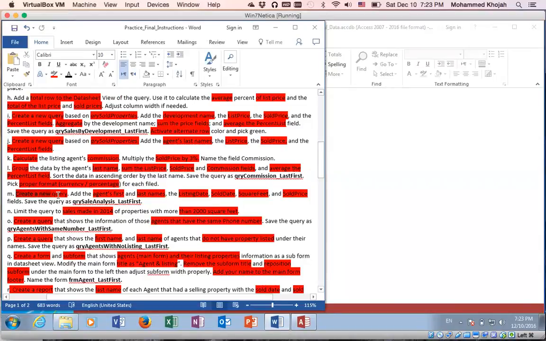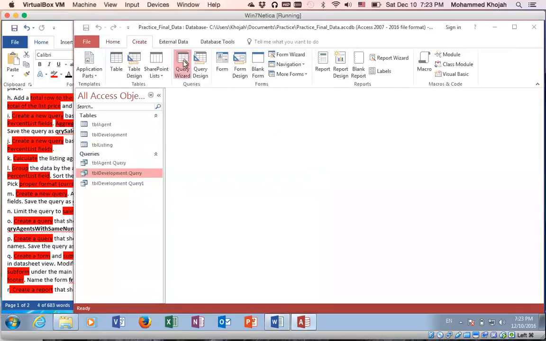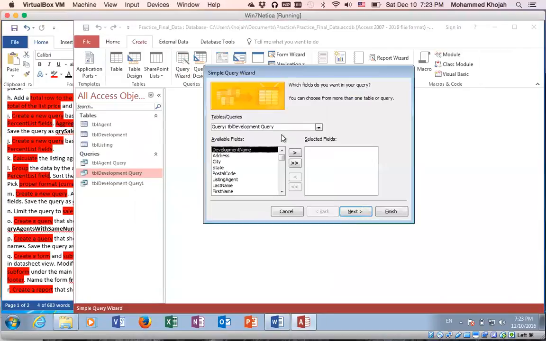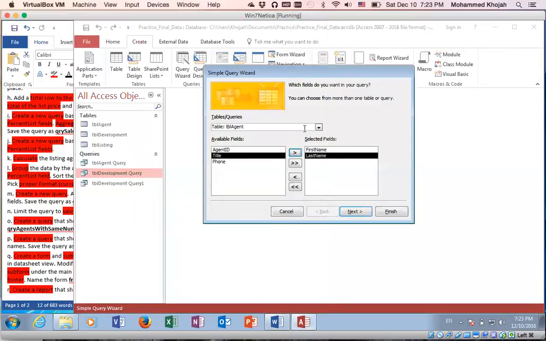Here we want to create a new query, then we add those fields there. So first and last name, so let's go and create a wizard. Let's go to the table agents. We want the first name, the last name. You have the listing date, sold date, and square feet. So listing date,